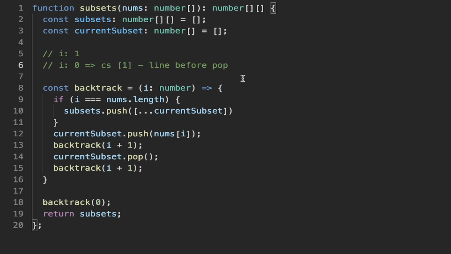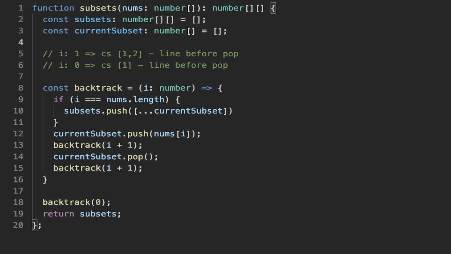And that'll just be a reminder to return here and do the rest of the walkthrough. So now we're on the next iteration, or the next recursive call. So I is going to be equal to 1. Now the current subset was already 1, so we can just go ahead and add 1 plus 1, which is going to be 2 there. And then once again, we're going to take the line before the pop here,